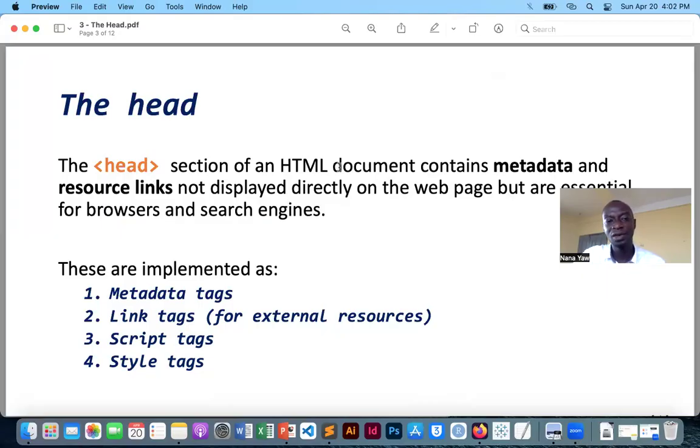The head section of an HTML document contains metadata and resource links and is not displayed directly on the web page, but it is essential for browsers and search engines. This means that even though they are not directly displayed on the web page, web browsers need it. So the web browser looks at the link that I inserted here,